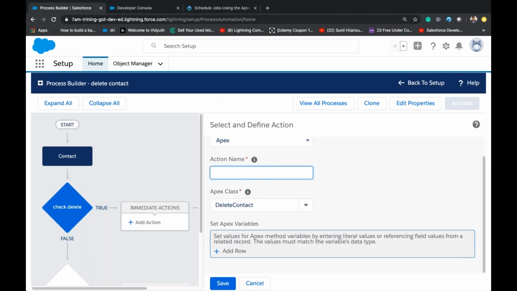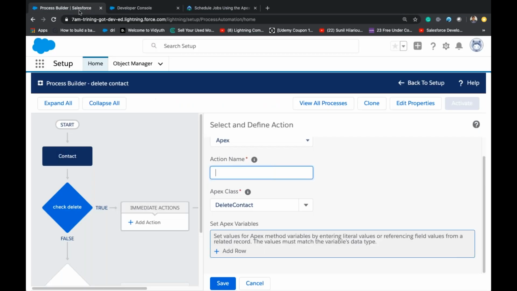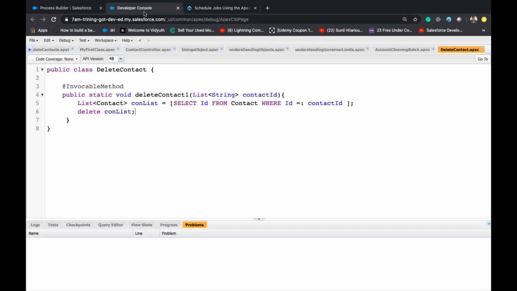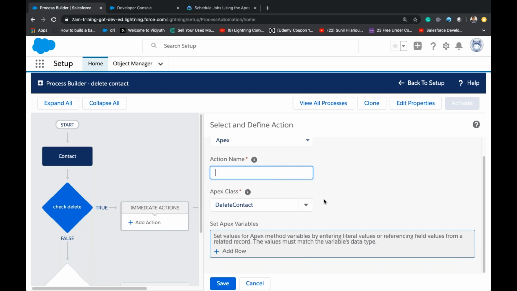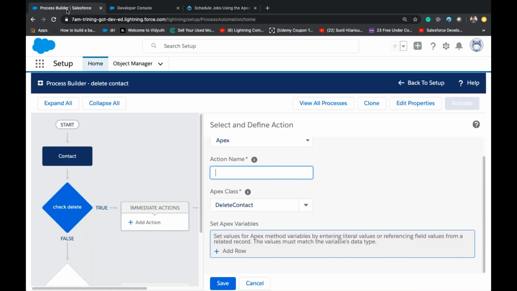So only invocable methods can be referred in process builder. If you want to execute Apex from the process, then you should use @InvocableMethod.